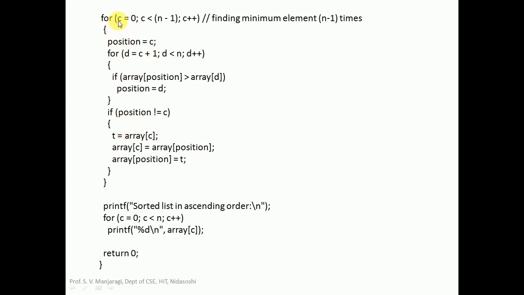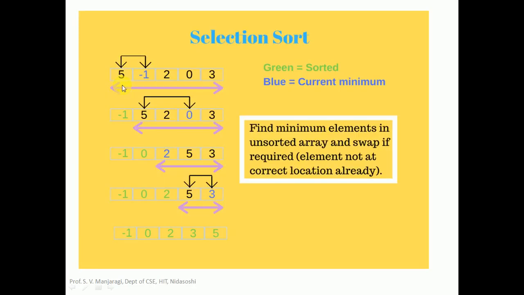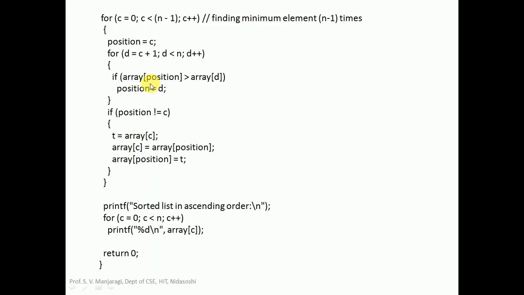So you take a for loop and you start from index 0, and the condition is C less than n minus 1, C++. Next, we have to find out the smallest element here. For that, we adopt this particular logic. Ultimately, what is required is the index of the smallest element. So that is why you take position equal to C. You start from C is equal to 0, and in the first iteration, from all the elements of the array, we have to find out the position of the smallest element.